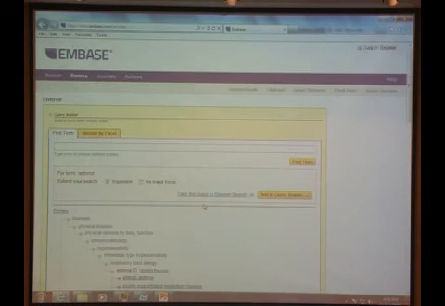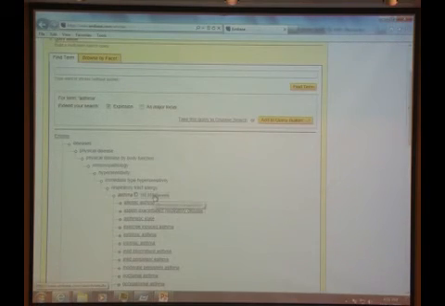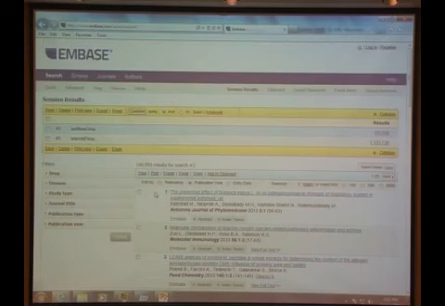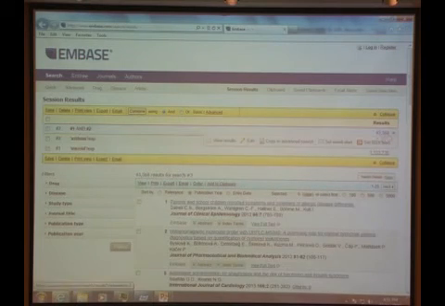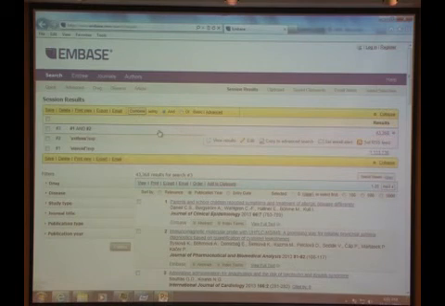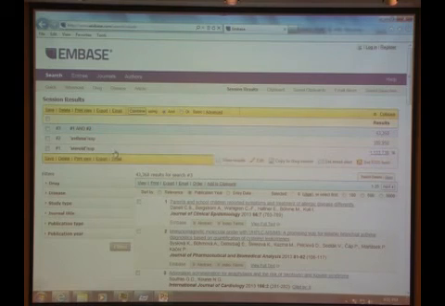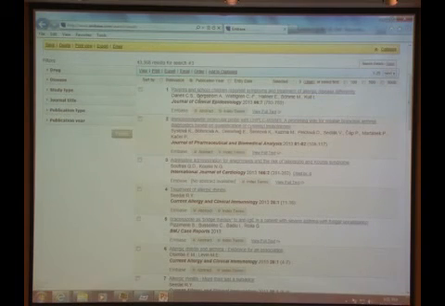You click on it, and again you have the tree structure. We have 180,000 articles, and now we have our two concepts that are searched here. We simply click combine. Is it an and, or should we choose or? Definitely we need an and, we simply click combine, and here we get 43,000 hits or articles, but this is searching from 1947 up to now, and the most recent articles will appear